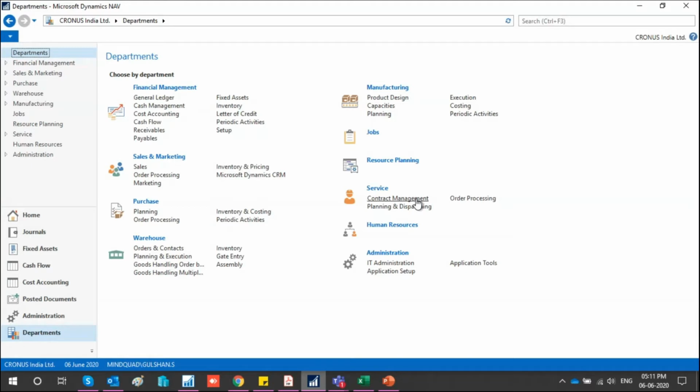Under contract, we can have multiple contract templates in which we can devise multiple SLAs, and then we can assign it to the particular customer, and manage the complete contract start date, end date, and the complete billing in that contract. So all these things can be managed in contract. Though I'm not going to take contract management in this session, I'm just explaining so that you have an idea what it exactly is.